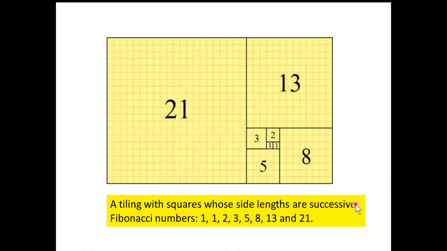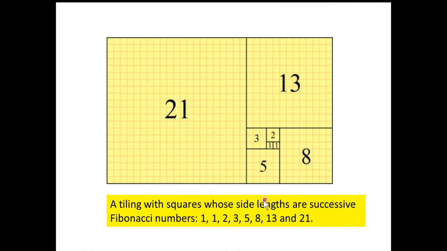So in this rectangle here also you can see a Fibonacci sequence. This 1, 1, 2, 3, 5, 8, 13, 21. So what we are doing here: first we are taking a square of side 1, then another square of side 1, then you add 1 plus 1, that means we are taking a square of 2 by 2, then 1 plus 2 is 3, so a square of 3 by 3, then 3 plus 2 is 5, then 3 plus 5 is 8. So this becomes a Fibonacci sequence.